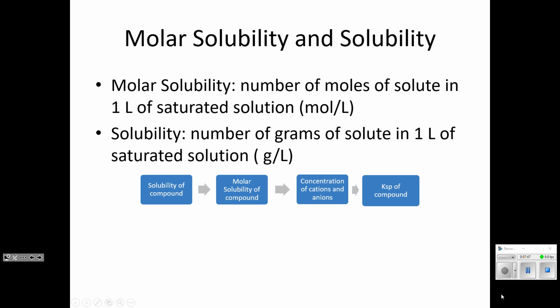So I actually stole this from an old textbook where there's one of two ways that you could do a problem like this. You could be either given the K value for the compound, and you have to go right to left on this chart of these blue squares to solve for the solubility, so how much is dissolved in water. Or I could tell you how much is dissolved in water, and you could solve for the K value. So I'm going to do one practice problem of each direction to kind of wrap up notes, and then you would be able to do